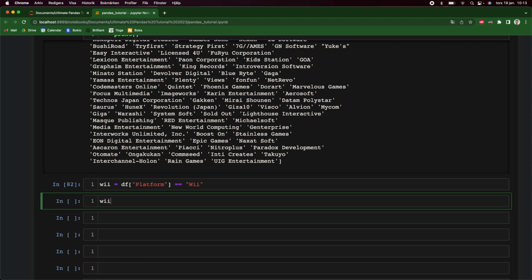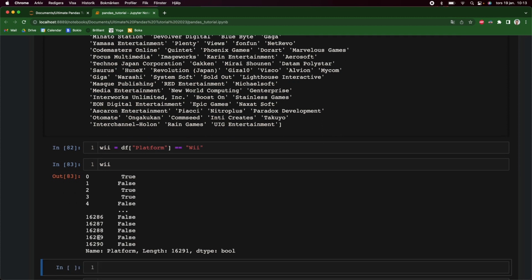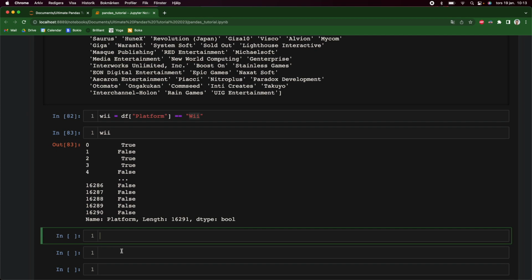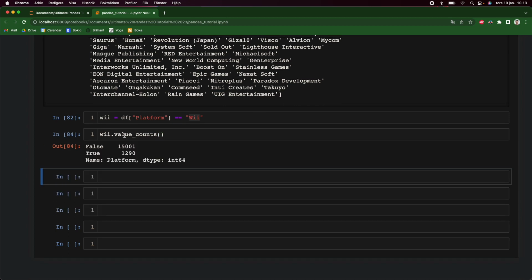If I run that, I have this Wii series now with Boolean values, so true or false. And if this evaluates to true, it means that in the platform column, the value is equal to this string exactly. If it says false, it's some other console or platform. Now what I could do is value counts here. Okay, 1290 games are from the Wii platform,